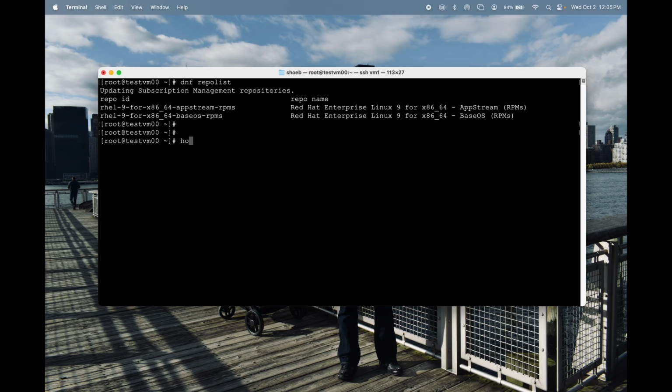Right now, if we check a file called /etc/redhat-release, you can see that it is Red Hat 9.1. I'm using an old ISO image. Right now, I know that we're currently at 9.4, so the system is going to go ahead and update to 9.4, which means we have a lot of updates to go through. So sometimes it's a good idea to download the latest ISO, the 9.4 one, so once you deploy a machine, you don't have to update the system that much. You'll get some updates, but